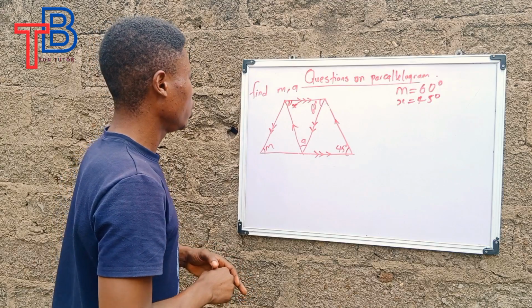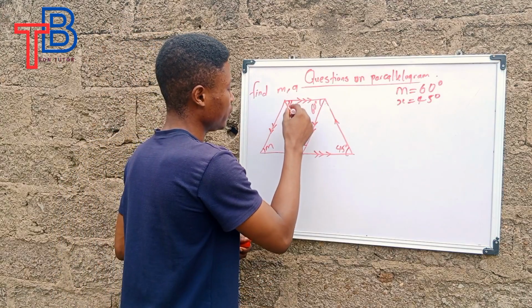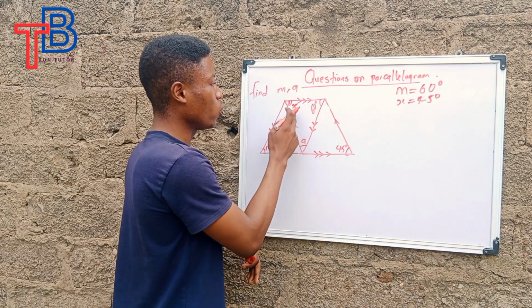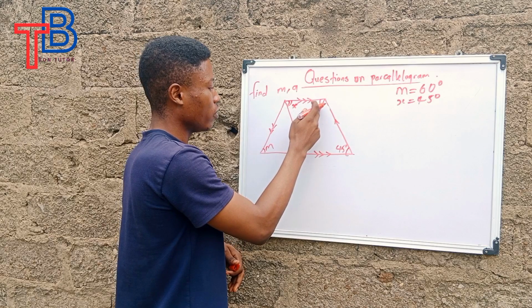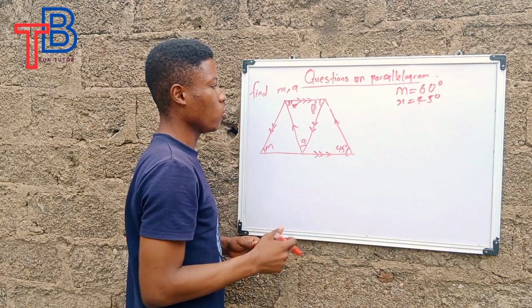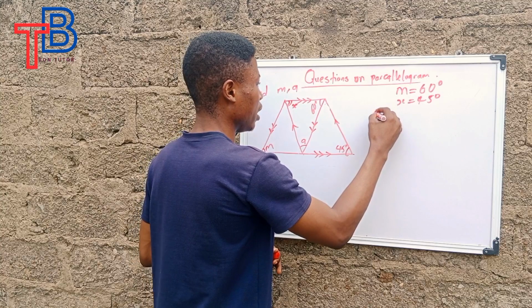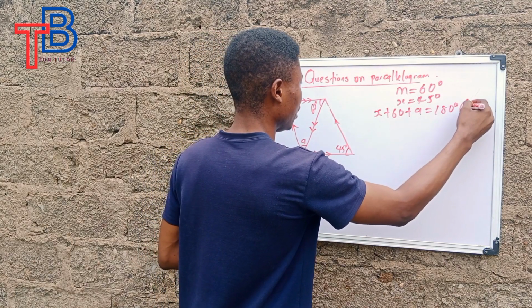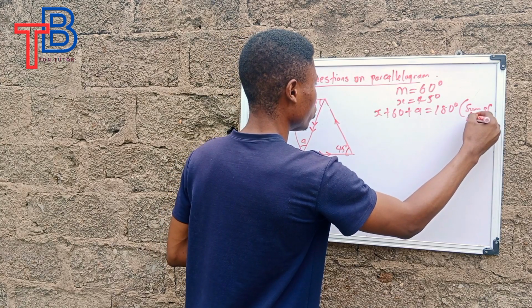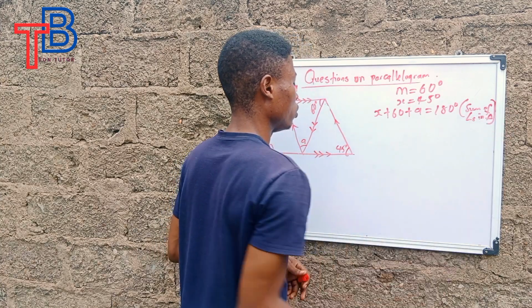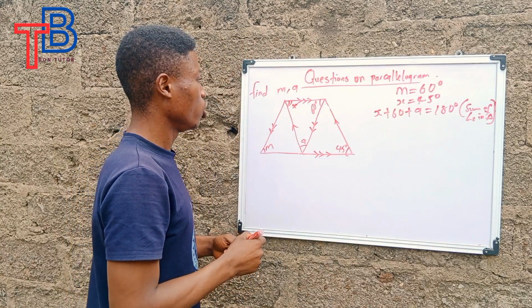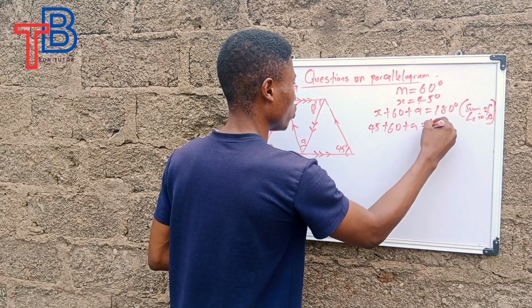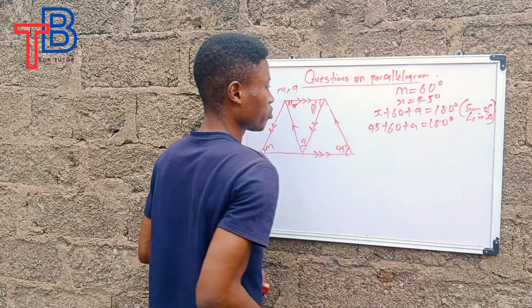And based on that, we can say this is a triangle in between the two parallelograms. In the triangle, we already know the value of our x, we know the value of our 60, then we can find the value of our a by saying x plus 60 plus a is equal to 180 degrees. That's the sum of angles in a triangle, which means our x, which is 45, plus 60 plus a, is equal to 180 degrees, which means